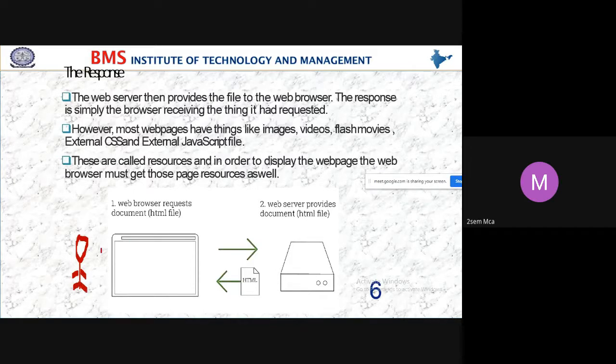So here the user is making the request, the web browser requests a document, and this is a server. From the server, whatever information is available, we are getting as a response from the browser.